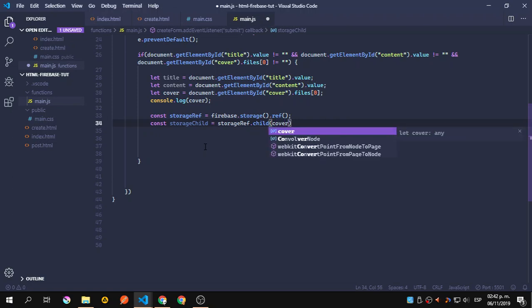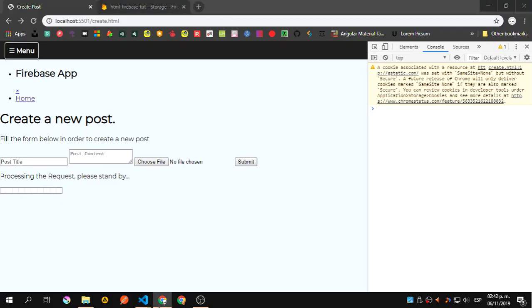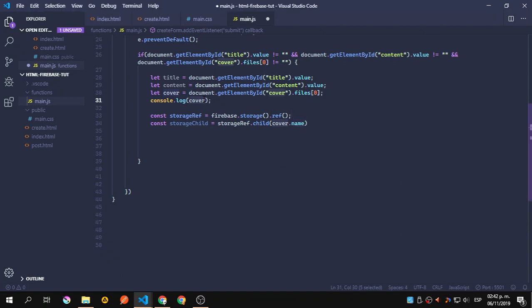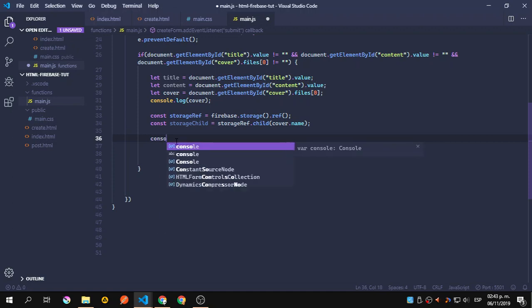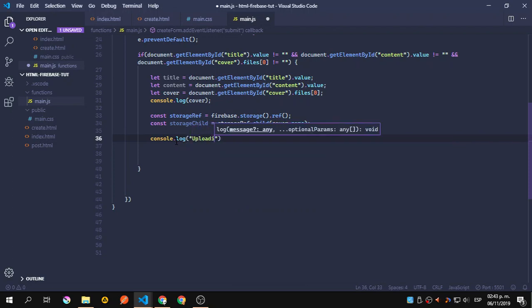So this one is cover.name, because remember that this cover has a ton of properties, and one of those is the name. So we are going to add the name. This is going to create the path. Inside this storageChild is actually going to create the path using the name inside the reference of the bucket that we're going to use. So we can say console.log uploading file, just like that,